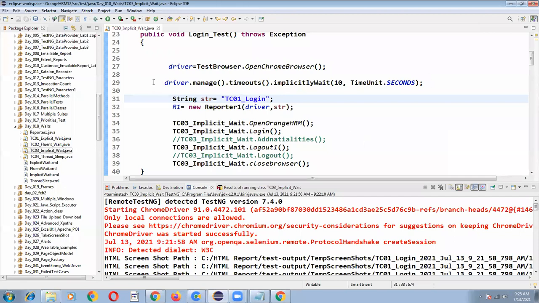Otherwise, if you don't write it, what will happen? Suppose any web element is loading slowly on the web page; it is available after 4 seconds, but before that itself, it throws no such element exception. So wherever performance issues are there, the driver by default will wait for 10 seconds. That does not mean it will wait completely 10 seconds; it depends on the loading of that web element. If it is loading on the 7th second, in the 8th second the click operation will be performed. Okay, let me run my program now.